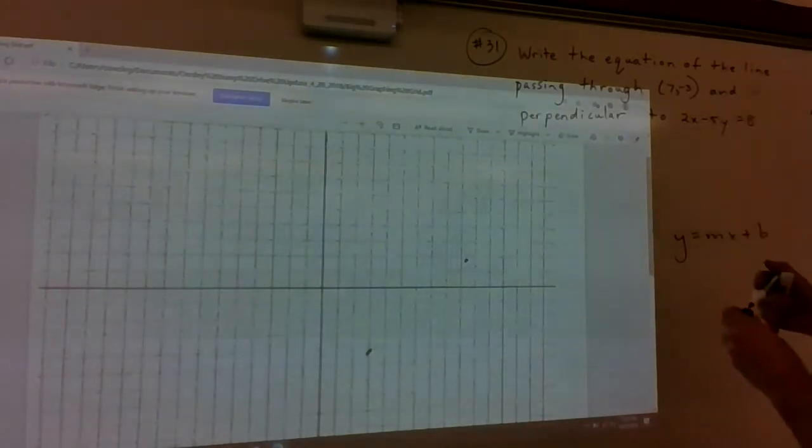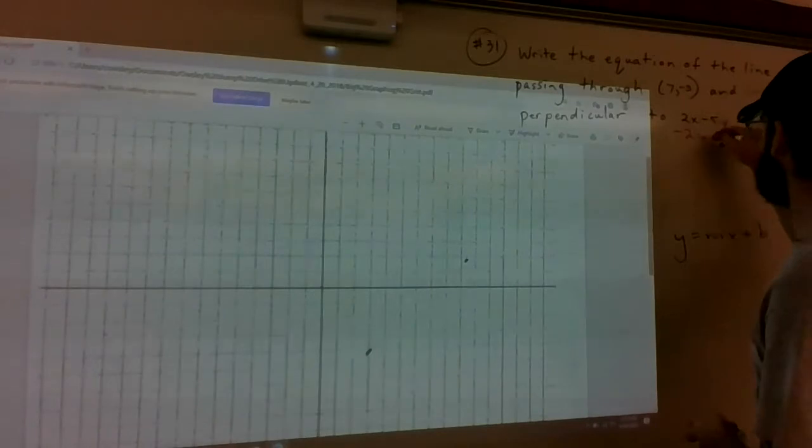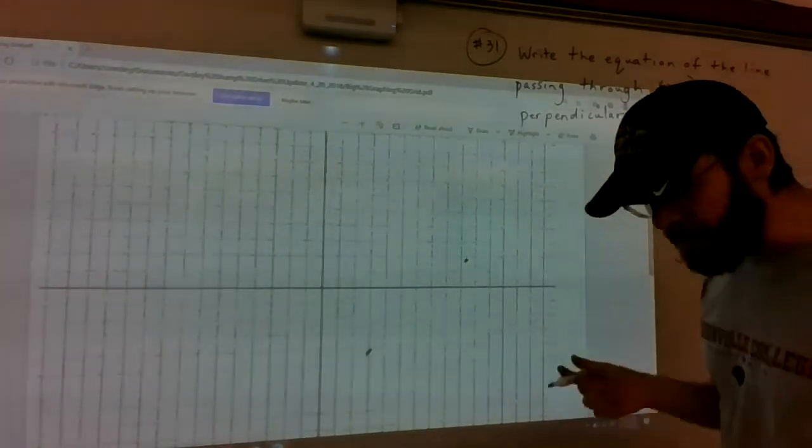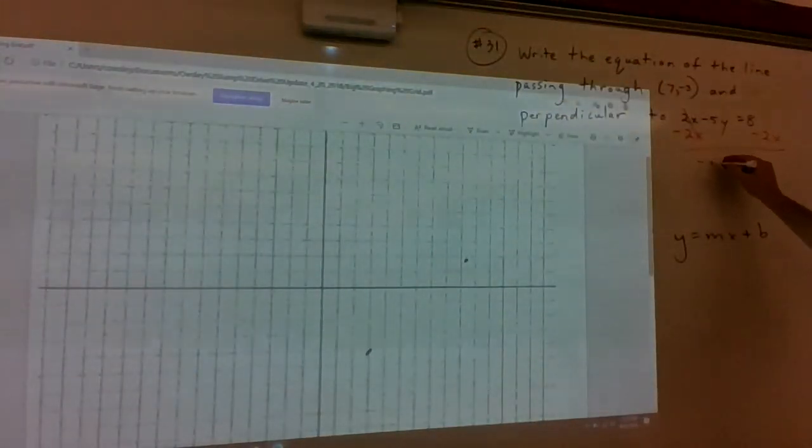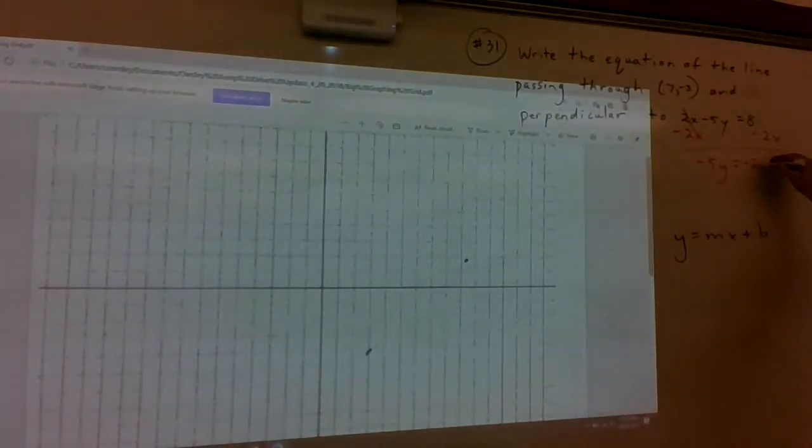So I'm going to get y by itself here so that we can get a more accurate view of the m value. -5y equals -2x plus 8. Divide everybody by -5, and you get y is equal to positive 2/5 x minus 8/5, or 1 3/5. This is not our final answer. All it does is tell us